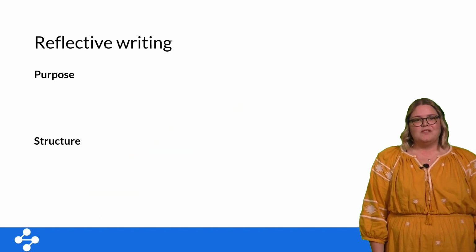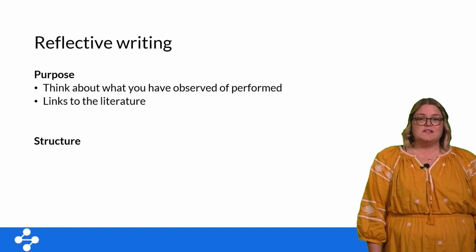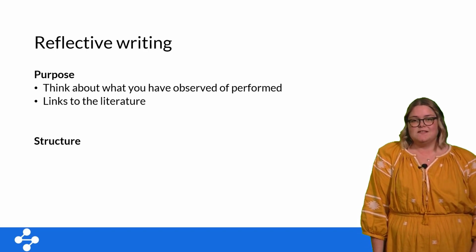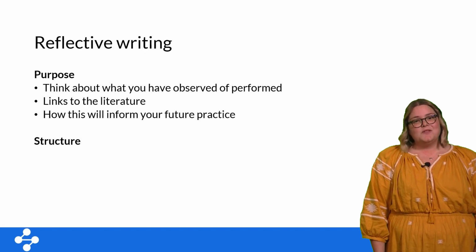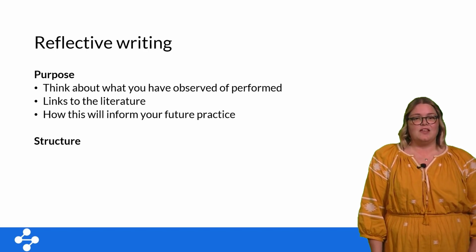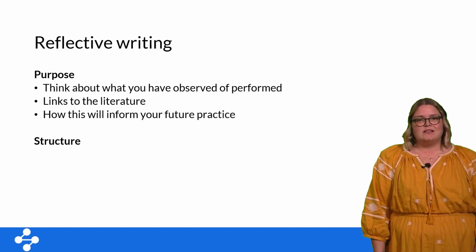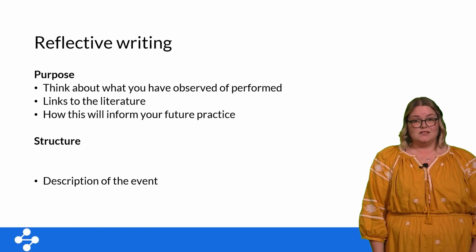The purpose of the reflection is to help you think about what you've observed or performed and how you can use the literature to help you understand this experience, as well as inform your future practice. And as with all forms of academic writing, understanding the purpose of a reflection allows you to think about the structure. Typically, a reflection contains 3 parts: a description of the event, an understanding of the event as it pertains to the literature,